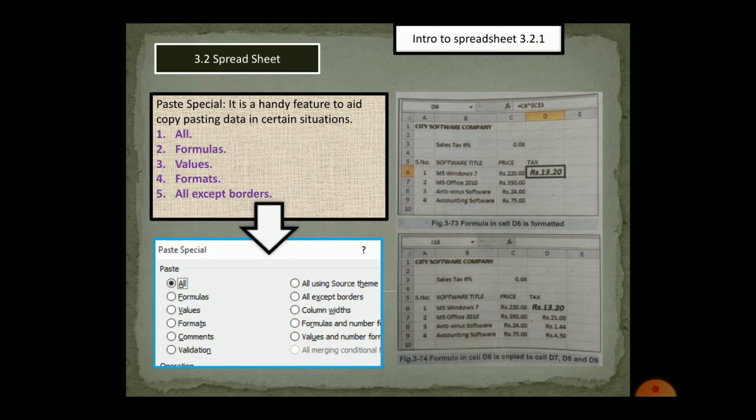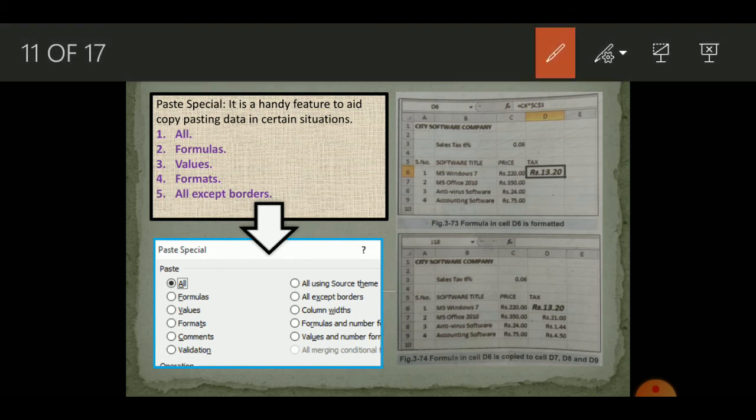So what is paste special? Normally you are familiar with copy, cut and paste. Once you copy something and you paste it, it is pasted wherever you are pasting it. But what is paste special? Paste special is an extra feature which is introduced in MS Excel. For example, in this data you can see that in this cell the formatting of the data is changed. It's highlighted in bold, and the size is changed as compared to normal text. So it means that the formatting has been changed for this data.